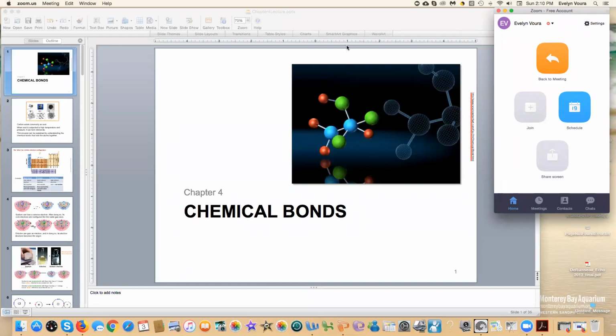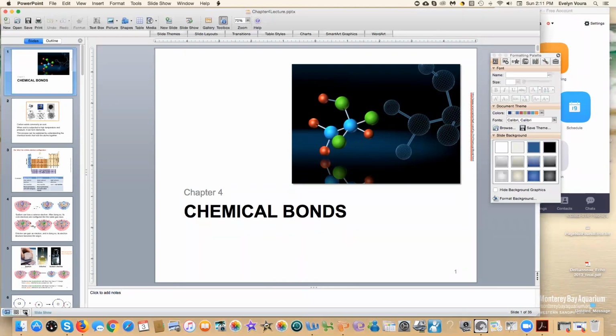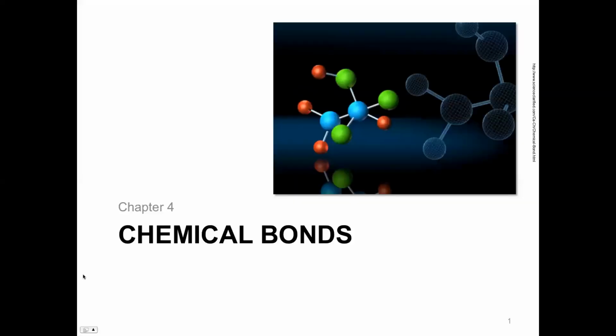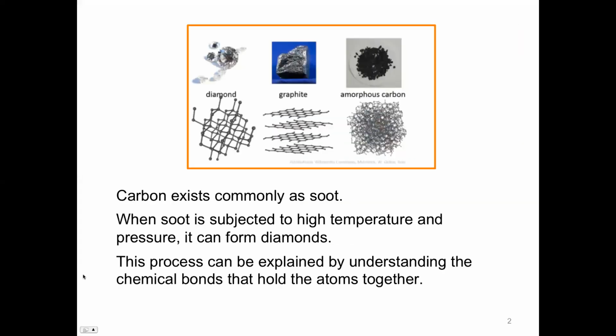Let's go over this bonding chapter. And again, this is going to set the stage for what we're going to be doing in the next few weeks. And it's still building on what we were just talking about in terms of the atom, right? So one thing to think about when we're talking about chemical bonds is that these bonds can form in many